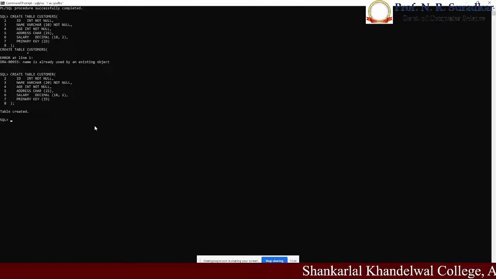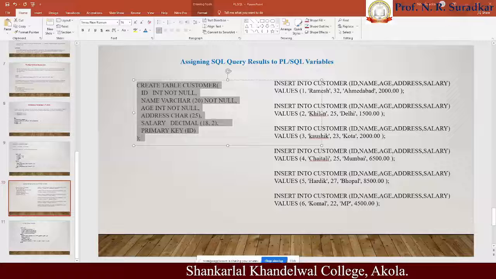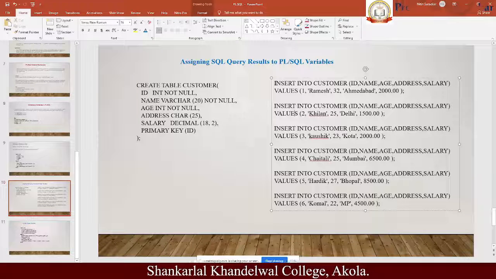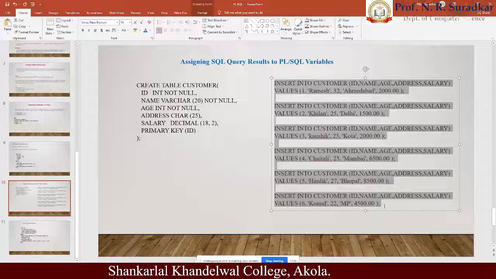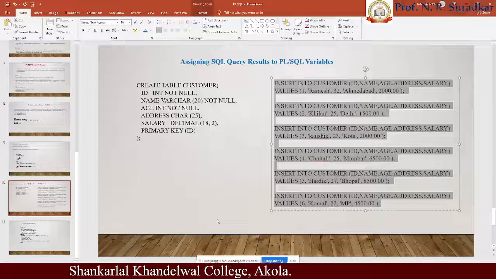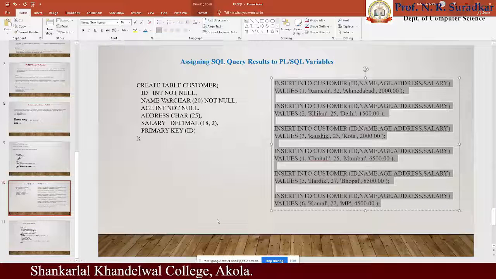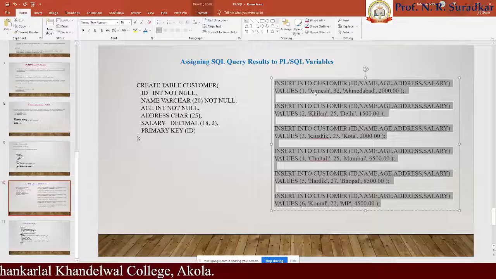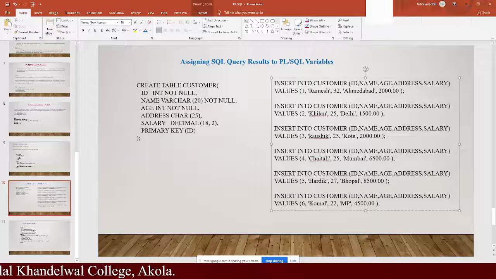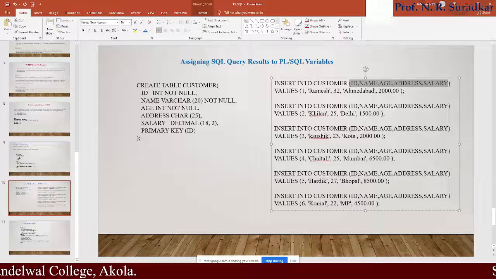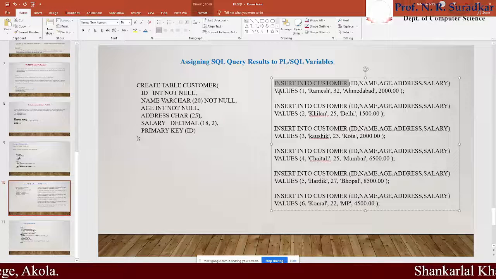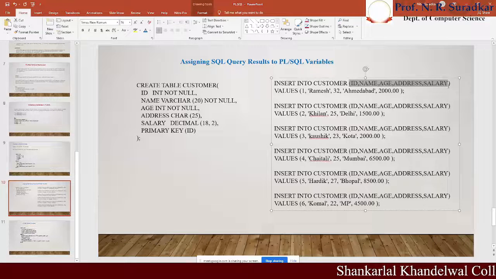These are the attributes, or fields, of the customer table, in which we have to insert values. The code written here is very large. If we want to minimize this code, we don't have to use the extra parts.